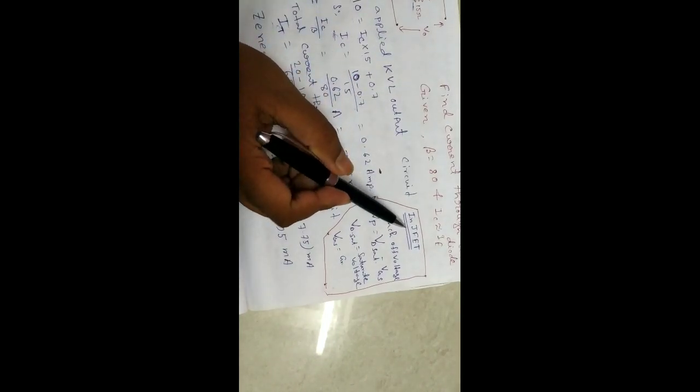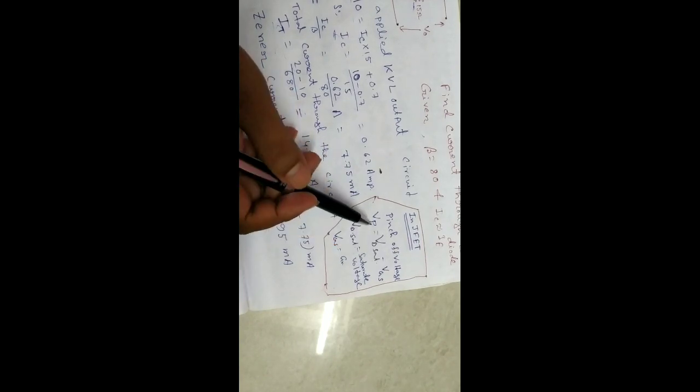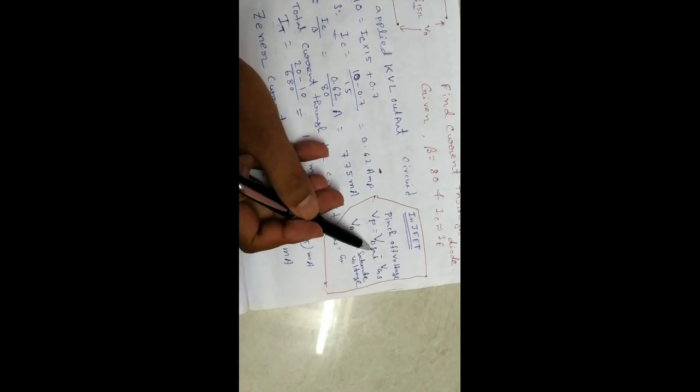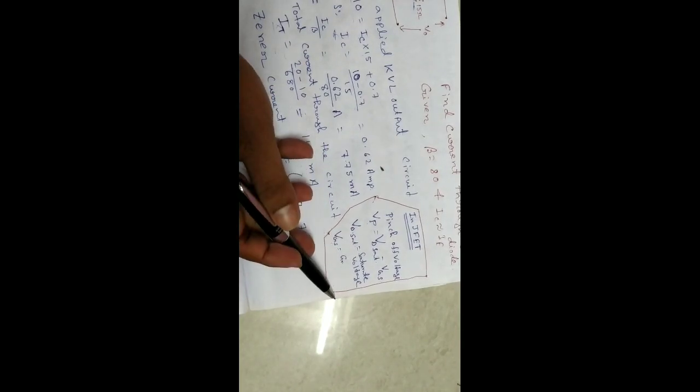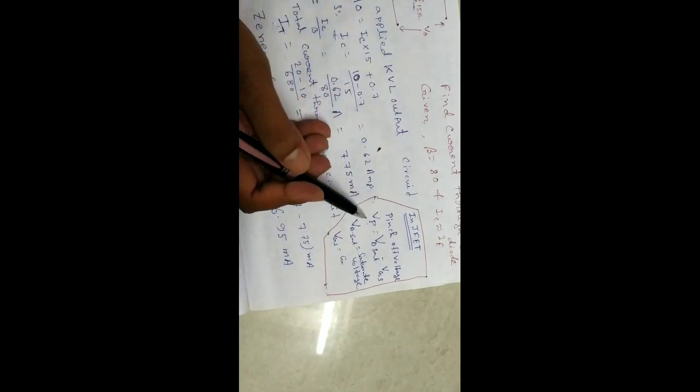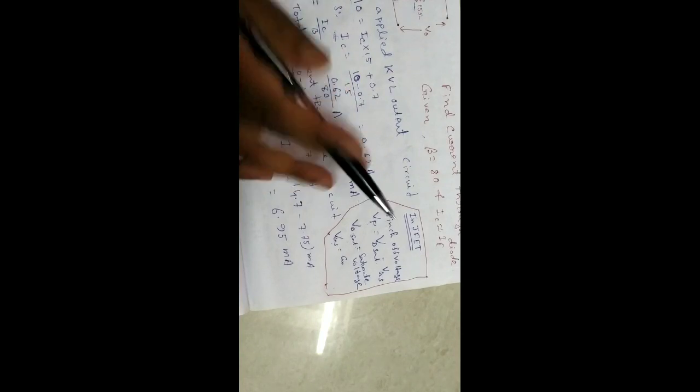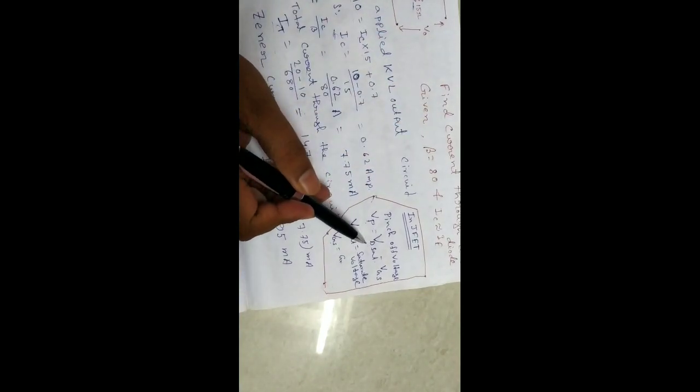Another thing you remember from JFET. JFET means junction field effect transistor, that we just point out here. In JFET, pinch off voltage Vp is equal to VDS minus VGS. VDS is the saturation voltage and VGS is the gate to source voltage. That you just remember: Vp is equal to VDS minus VGS.